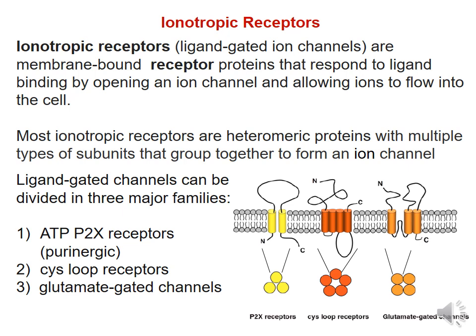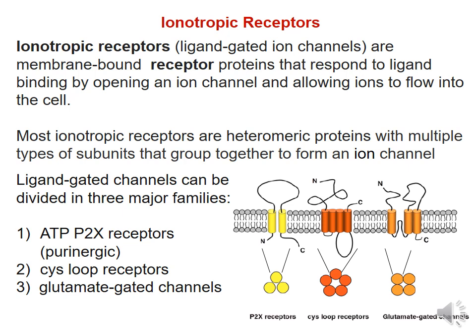Ligand-gated channels can be divided into three major families. There are the ATP P2X receptors, also known as purinergic receptors. The second family is the Cys-loop receptors, and the third family is the glutamate-gated channels. So for the first family, the purinergic receptors, these are composed of three subunits. Each subunit is composed of a protein with two transmembrane domains, and both N-terminal and C-terminal domains are facing the